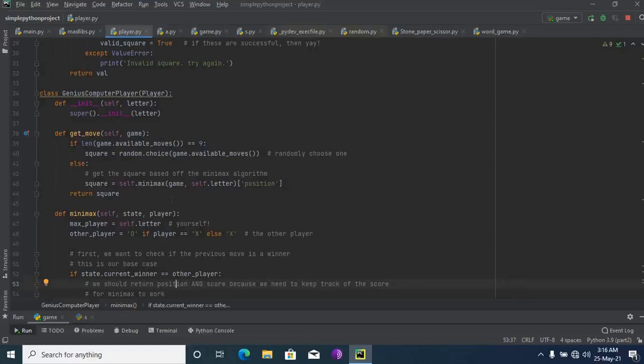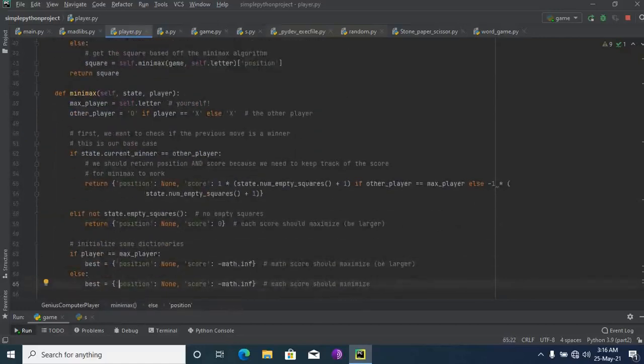Then, in the game with self.letter and position, if the game function does not fail, take any position that is free, or whatever free position you want to take.